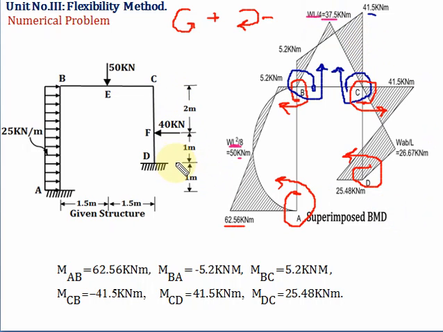Now next here there is a point load, but the point load is not at the center. So the value of free bending moment is WAB upon L. This is the value of A and this is the value of B. The value of A is 2, the value of B is 1. So 40 into 2 into 1, and the total length is 3. So we'll get the value 26.6. So join this by a straight line.